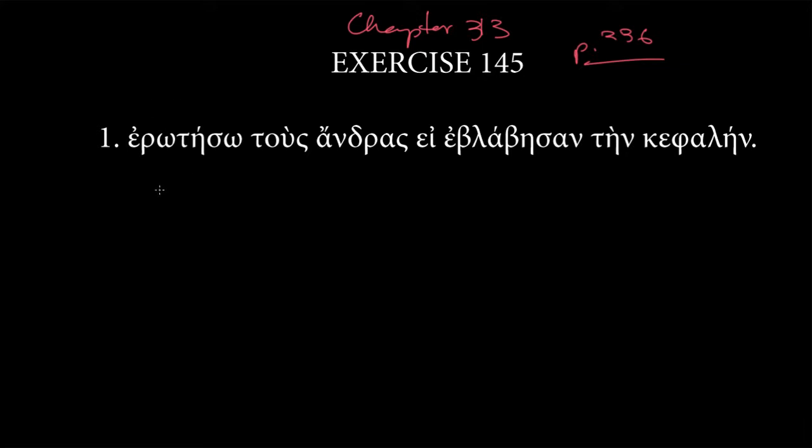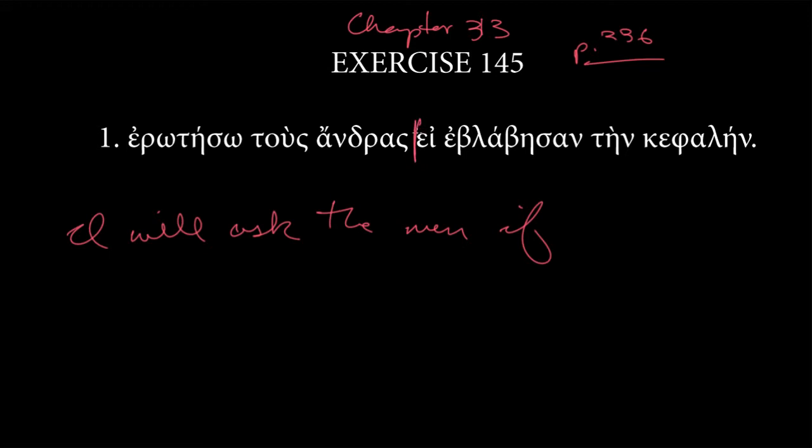How could the Greeks deal with this? Well, we deal with ambiguity all the time in English, and we're used to it because context tells you everything you need to know. Most of your engagement with the English language is not in short sentences completely taken out of context. So you would know wherever you were to see this. So I will ask, that's the translation that we're going to take for this, the men, if. Again, this is easy, right? This is how it should be because the Greek is a lot like the English.